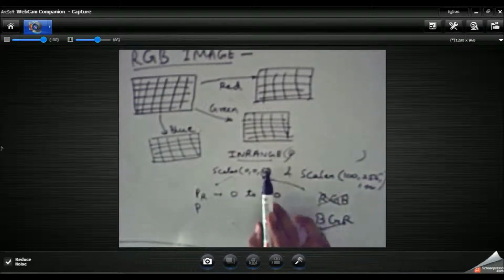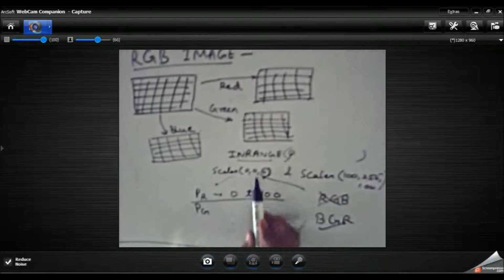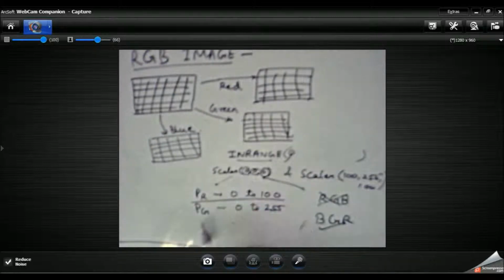So the last one is our red color. The range of red color is 0 to 100. Similarly, the range for green color is 0 to 255, because we have to detect or filter out the green color, and the range of blue color is 0 to 100.